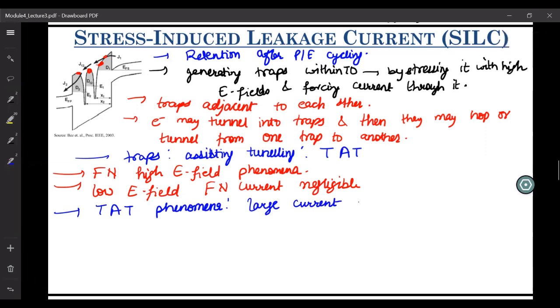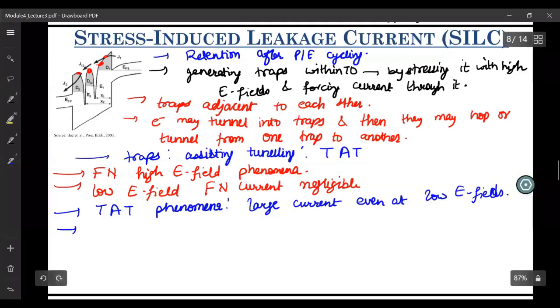We have a large current even at low electric fields, right? And this current at low electric field